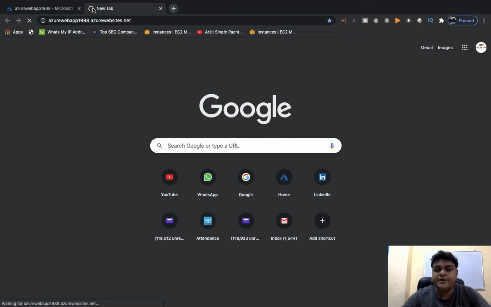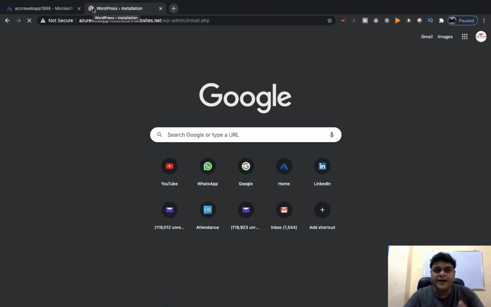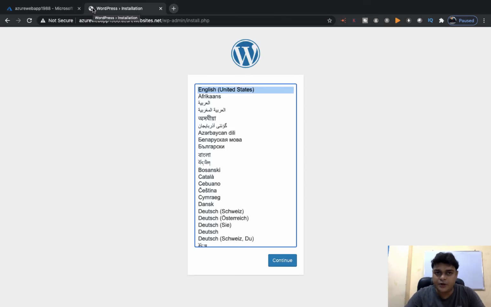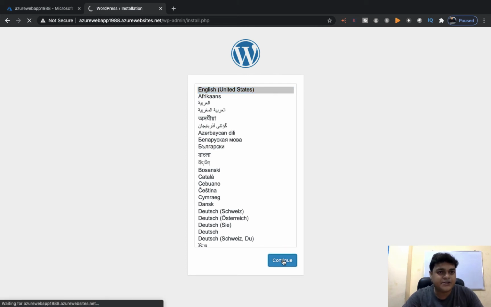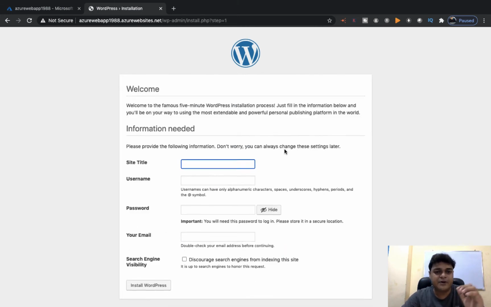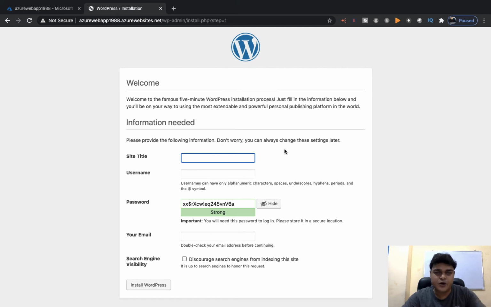So first, in the first step, what we need to do? In the first step, you need to create the setup, because it's a type of platform as a service. So you need to create a setup, and in the second part, once you have created your setup successfully, you need to just click on the browser, copy the URL and paste it on any browser to install the WordPress service. So this is our panel, this is our page where we can install our WordPress service.